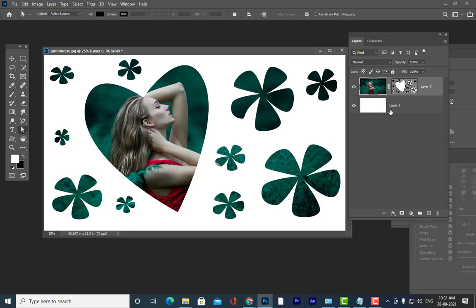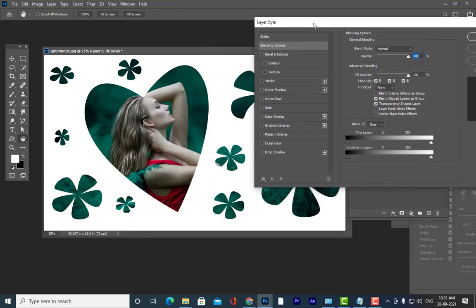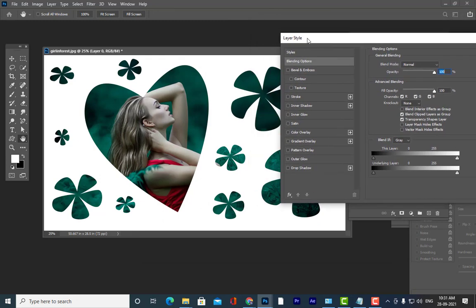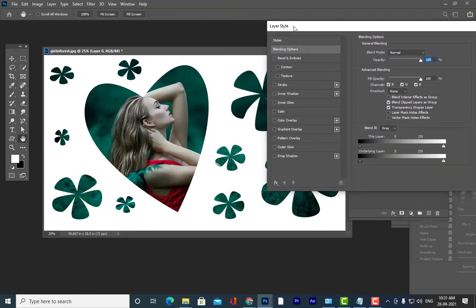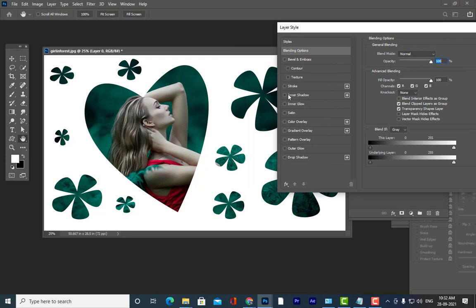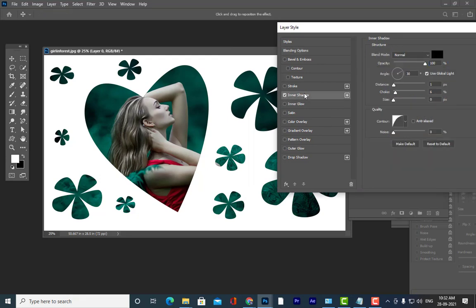And then we can also make it more interesting by adding an inner shadow. How can we add an inner shadow? Simply double click here and the Layer Style window appears, and then you can simply turn on this inner shadow. Then you can increase it. Everybody can see this, right?